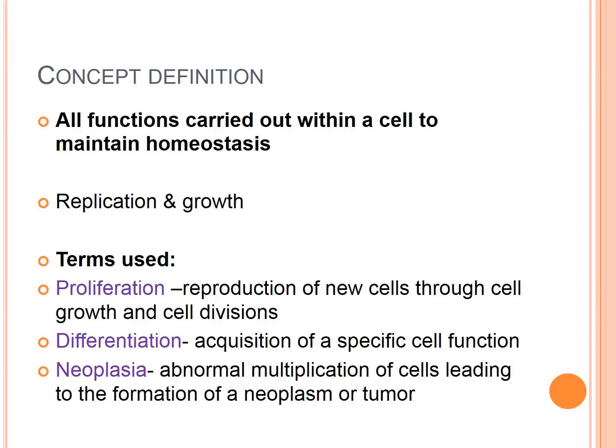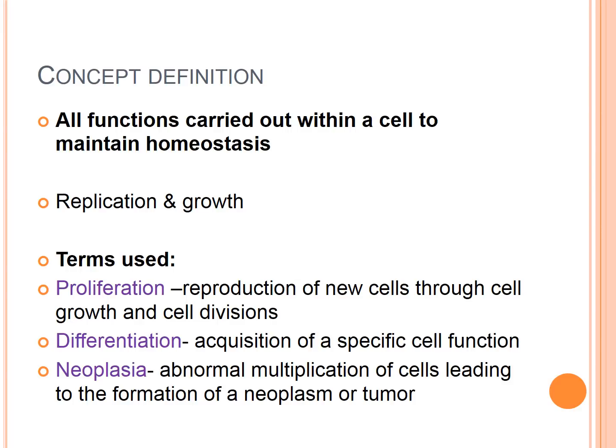Proliferation is like multiplying. Differentiation means that the cells now have been assigned a specific role, so they have a specific function. They are certain cells that are to be placed in certain parts of the body, so different organs. They function differently based on where they are located in the body. So they're assigned their own role with differentiation.